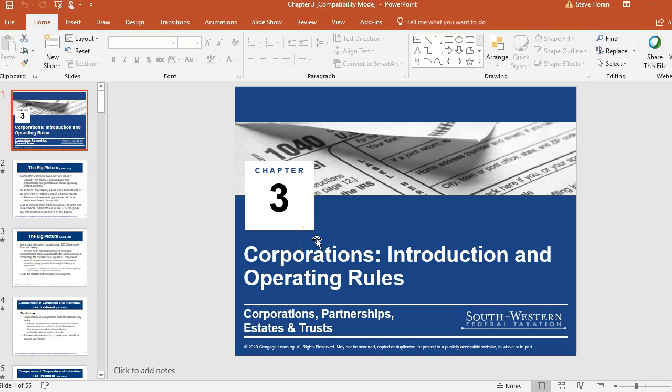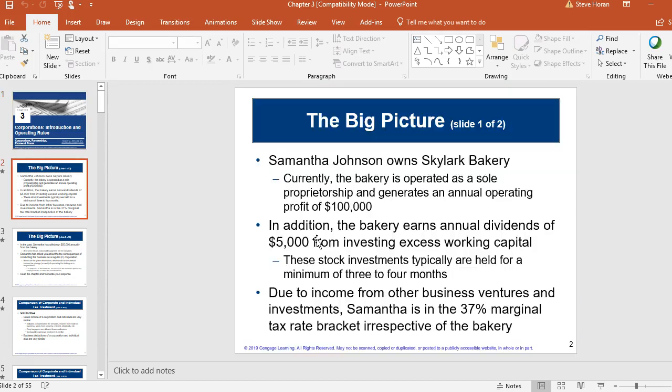Well, welcome to Chapter 3. Chapter 3 talks about just how corporations are different than personal tax returns. So just very much an intro and how they are set up differently. As they always do with every chapter, and I really like these, they set us up with a big